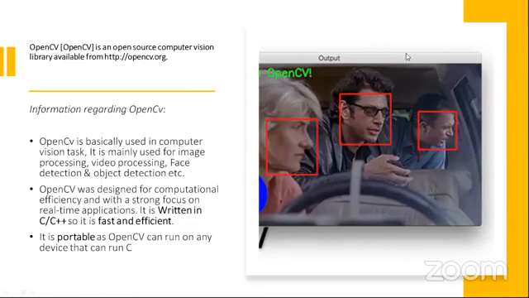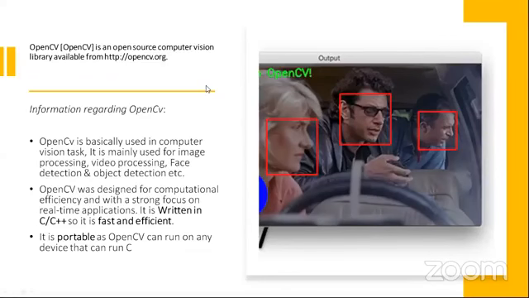So OpenCV is an open source library. The other libraries, like Scikit-image, are also open source. So the main reason why we use OpenCV is that it is one of the oldest libraries we have.